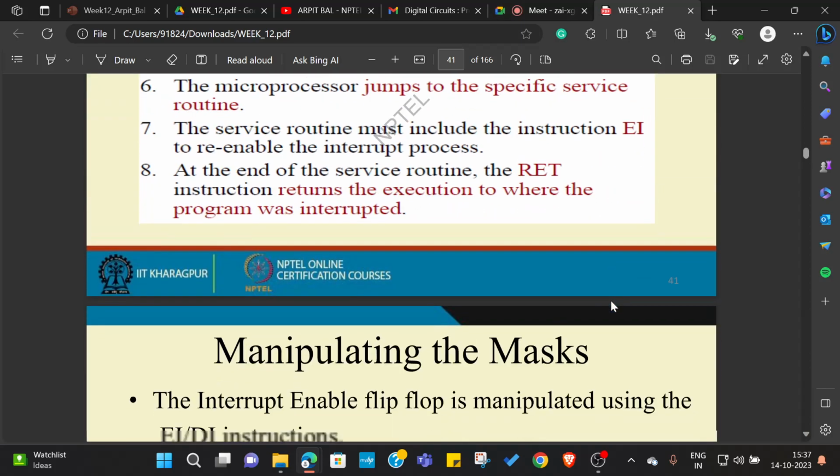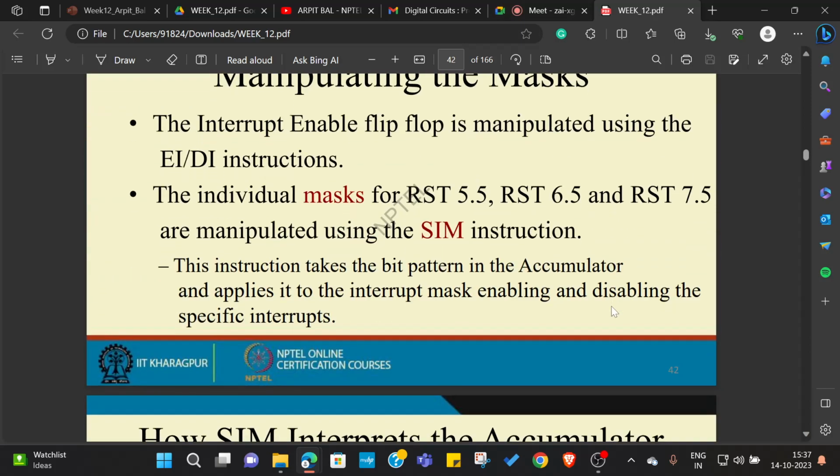Actually, what we used to do is... so it is difficult to say it from the instruction itself, but